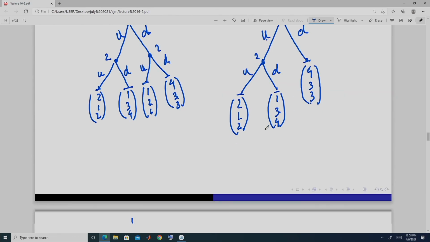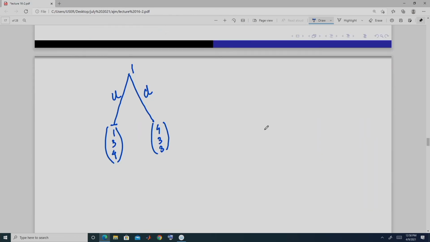It is this, and player 2 is going to choose D here because 4 is greater than 1. So the backward induction outcome of this game is